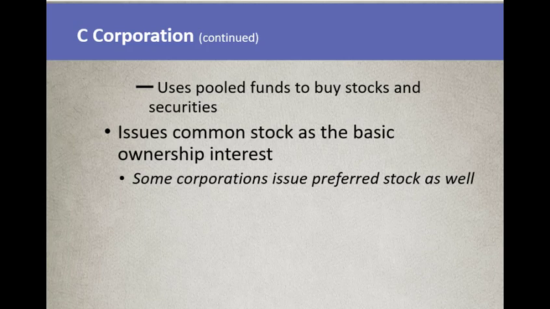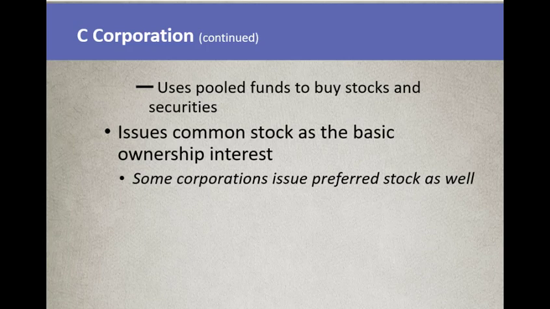The C corporation has stocks and or securities, has several types, whereas an S corporation has one type of stock and that is it. A C corporation normally issues some kind of common stock as the basic ownership interest. So a C corporation, which you can see in the comparison, normally has more than 50 employees or 50 stockholders. You're talking maybe 100, 200, could be thousands of stockholders depending on how the stock is set up.